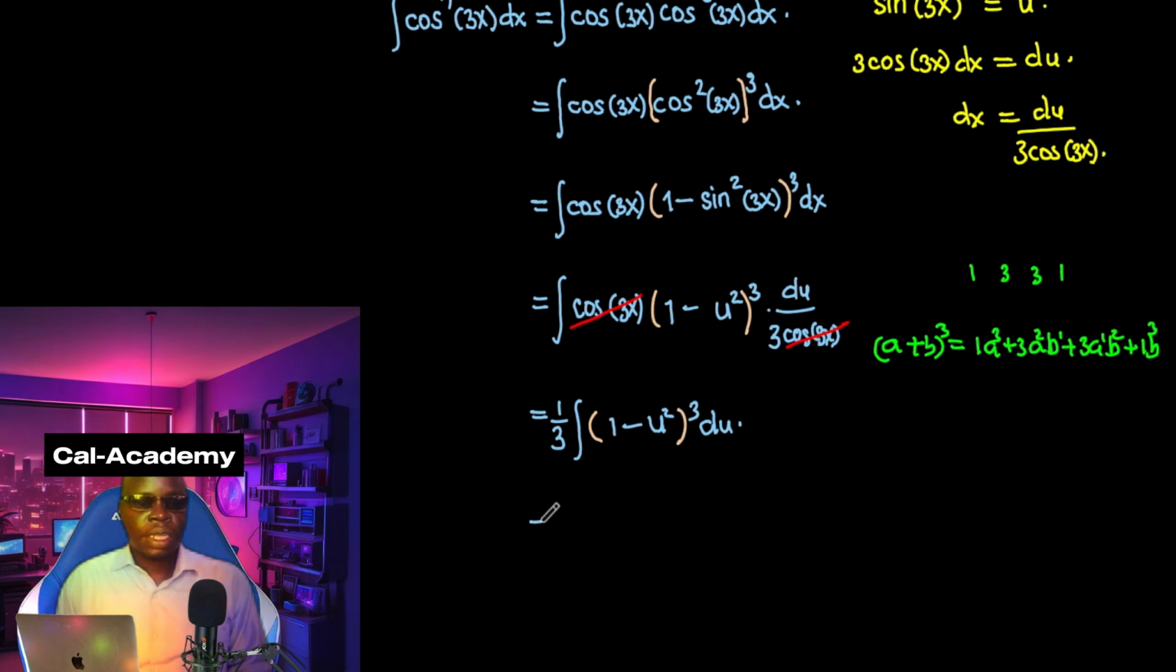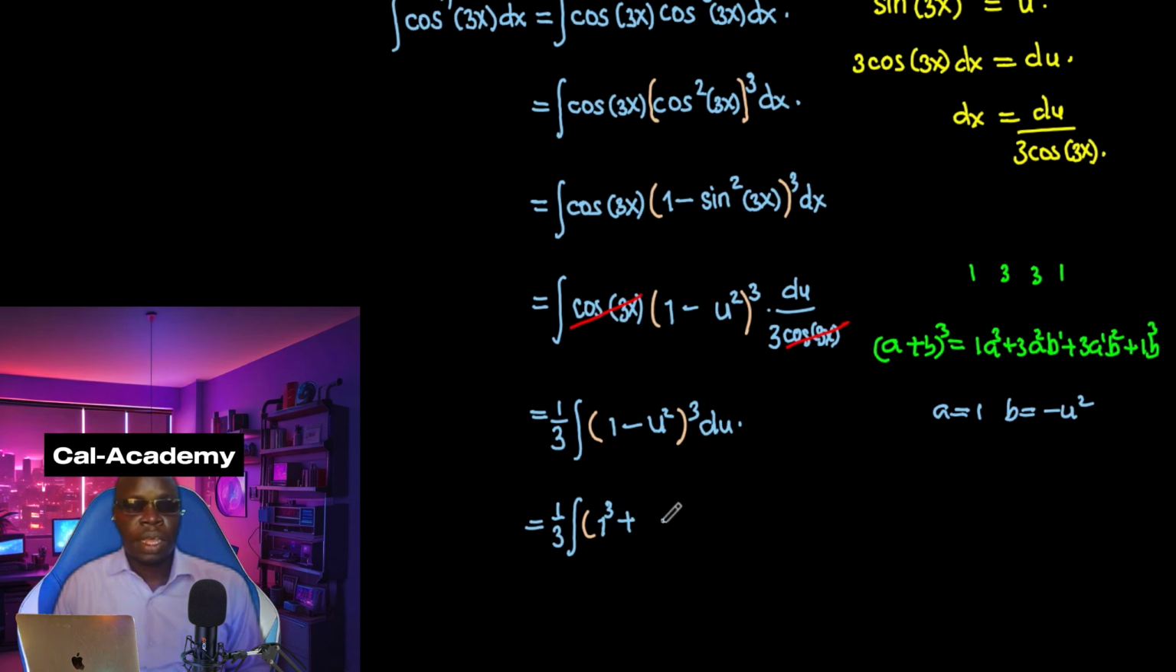So the next thing is to do that expansion, and we have 1/3 integral of, so the first term here becomes, this one is useless, so we just need to write a, and a for our case here corresponds to 1, meanwhile b corresponds to negative u square. So if we make that substitution directly, we'll have 1, for uniformity, let's have 1 to the power of 3 plus, so we get our coefficient here, 3,